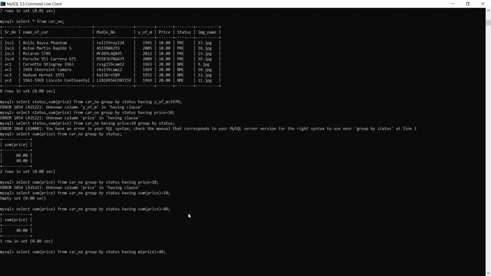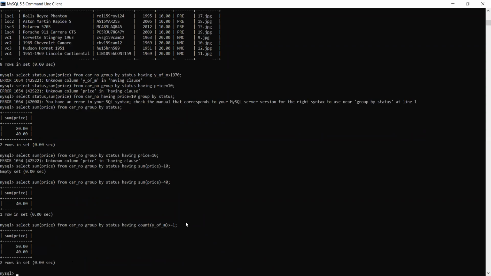Okay, so having count of here, count of year of manufacturing. Chalo theek hai, greater than or equal to 1. Anyone understood what we have done over here?